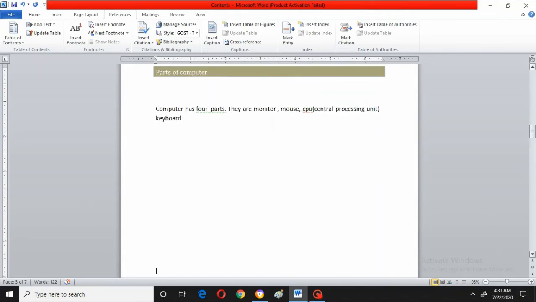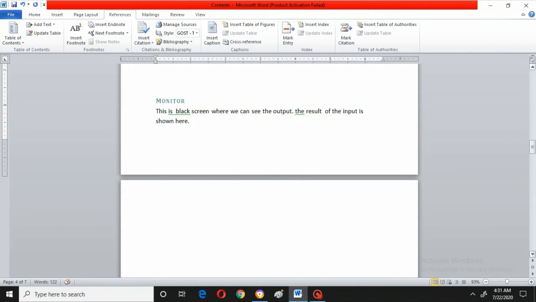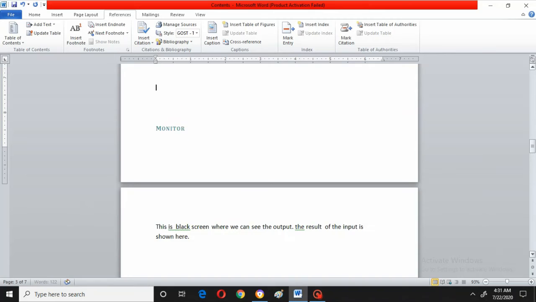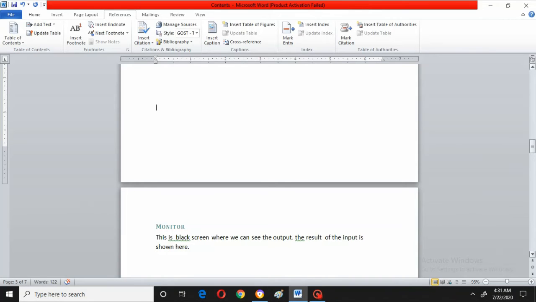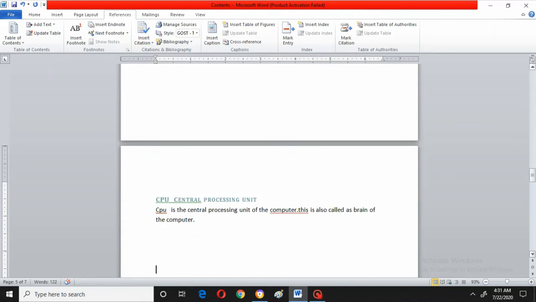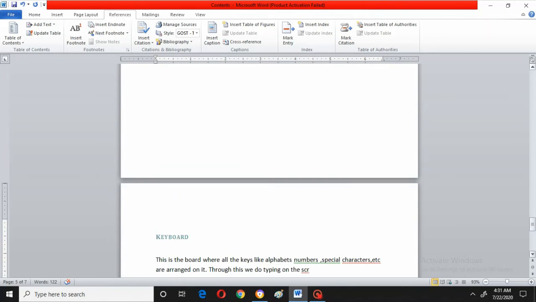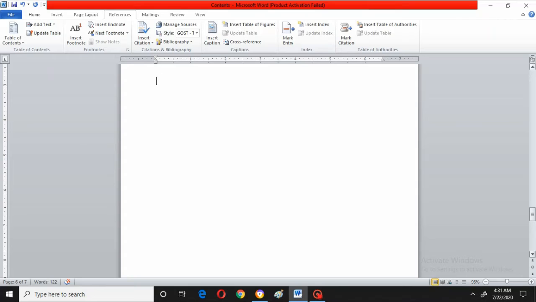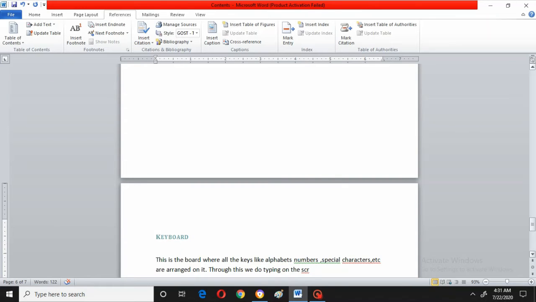This is the third page, and this is the fourth page. Actually this should come into the fourth page. In the fourth page you have monitor, fifth page CPU, sixth page mouse, seventh page keyboard. Like this I have done some paragraphs.